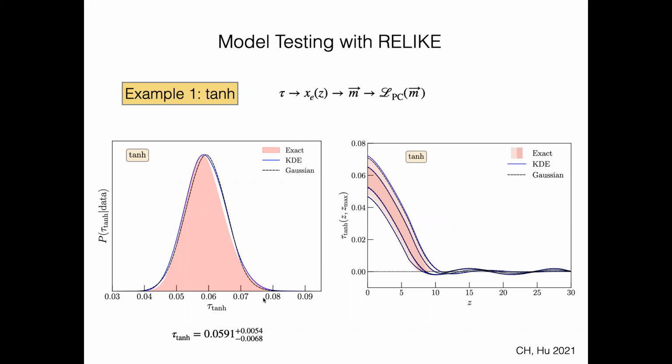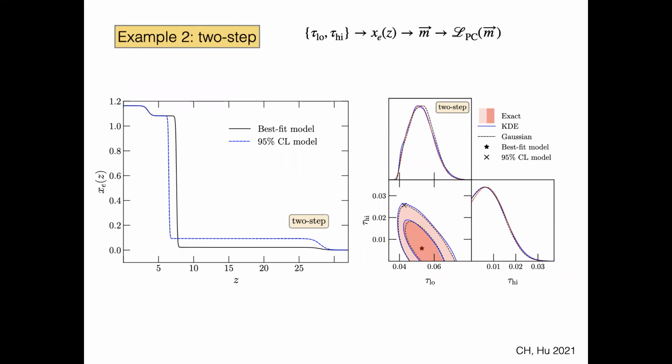So this is showing how the posterior looks like. They match pretty well, and there's a cumulative optical depth plot as well showing how well it matched. As you remarked earlier, there are some wiggles as a result of integrating this truncated expansion of the ionization history. We'll also show a two-step model. It only took a few minutes to get the results with our code. The tanh is pretty instantaneous.